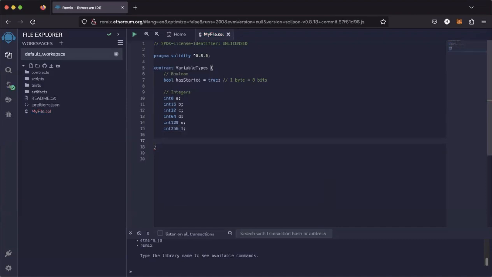These integers listed above are signed integers, which means that they can carry negative numbers in these different sizes,